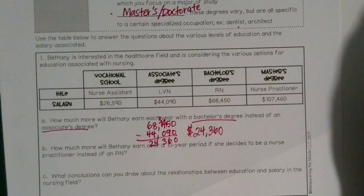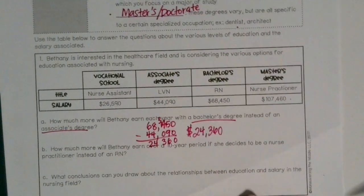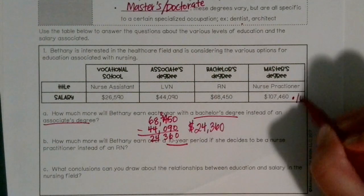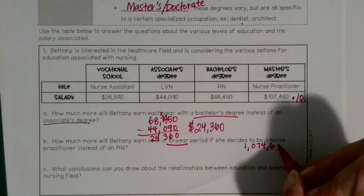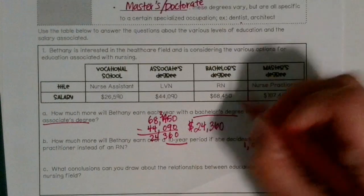How much more will Bethany earn over a 10-year period if she decides to be a nurse practitioner instead of an RN? Well, a nurse practitioner is going to make $107,460. And these are just estimates. They probably found, across the country, they probably kind of averaged them out, how much they make. So if we're doing a 10-year period, then I would times that by 10. So all I have to do is add a 0 on it. That's $1,074,600 in 10 years,